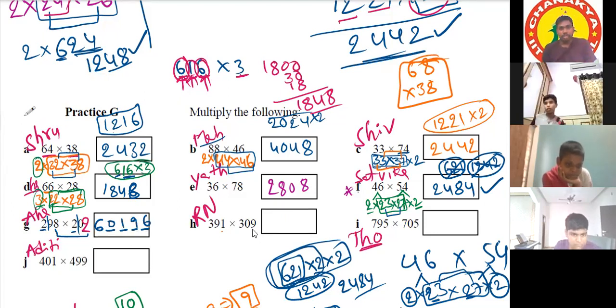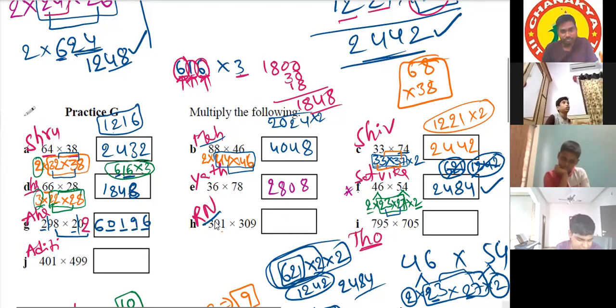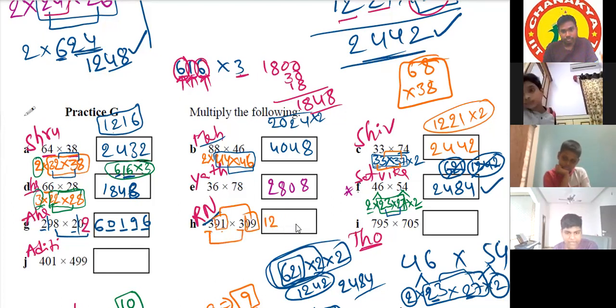Then Ritvik N. Yes, sir. We have 3 and 3 which we can use, and 91 plus 9 is 100. So we can do 3 into 4 is 12, sir. And then if we do 91 into 9, we will get 809. But we need an extra 0, so we'll keep 0. How have you done this? Done that 91 into 9?